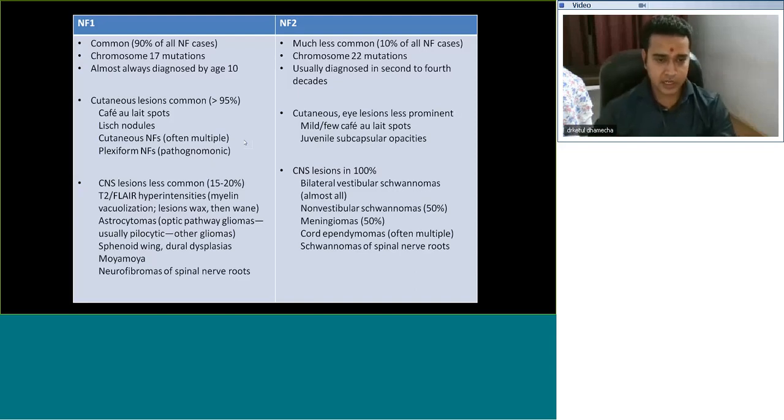Another CNS lesion in NF1 is astrocytomas like optic gliomas, optic pathway gliomas, and others like pontine gliomas. Other lesions like sphenoid wing dysplasia, dural dysplasia, Moyamoya phenomenon, and neurofibroma spinal nodules. In NF2, you can see CNS lesions in 100% of cases, like bilateral vestibular schwannomas in almost all cases. If it is bilateral vestibular schwannoma, you can say 100% surely it is NF2 only. Other non-vestibular schwannomas, meningiomas, and cord ependymomas, often multiple. The schwannoma of the